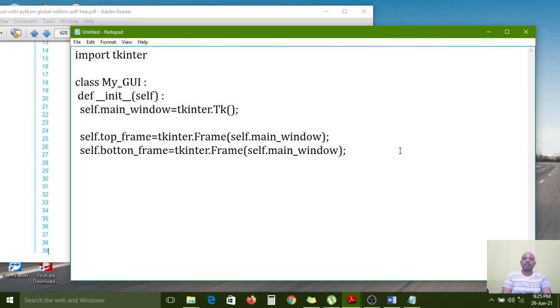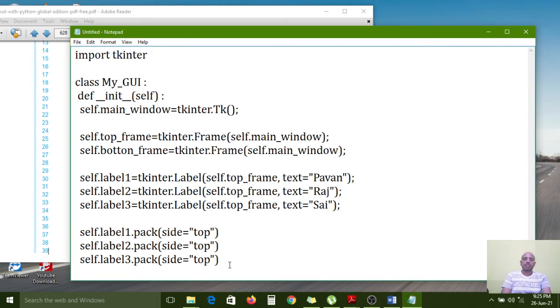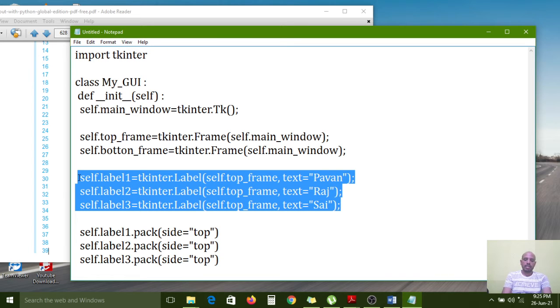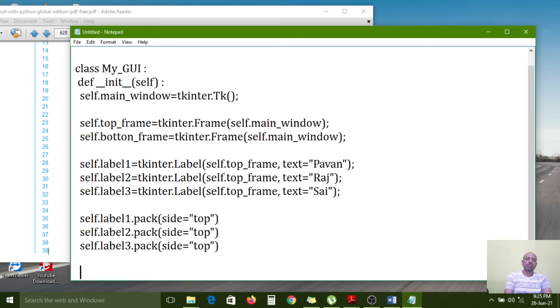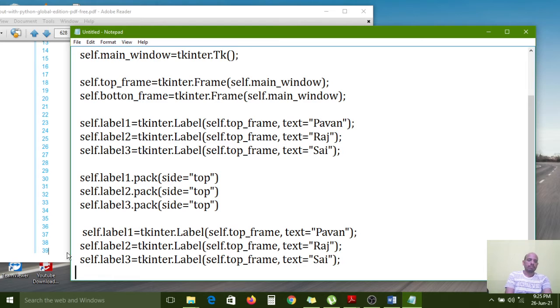Now I want to create three labels again for the bottom frame. We have to create three labels.